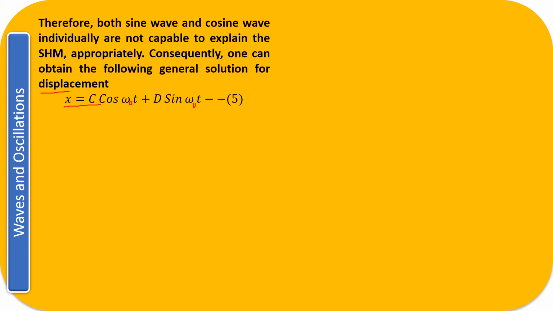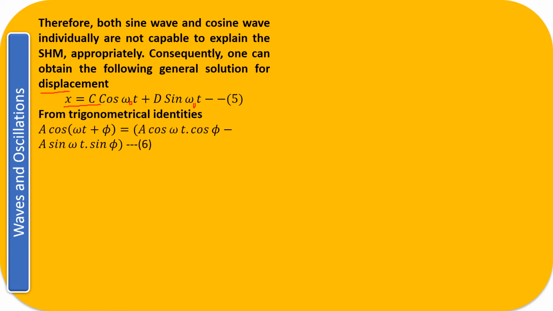Naturally, if I find its velocity, you have both the sine component and the cos component. If the sine component is 0, the cos component has to satisfy the condition of the velocity, and if the cos component is 0, the sine component has to satisfy the value for the displacement. So this should be a correct solution, but we still need to check whether it really is. So the displacement can be written as x equal to c cos omega naught t plus d sine omega naught t.